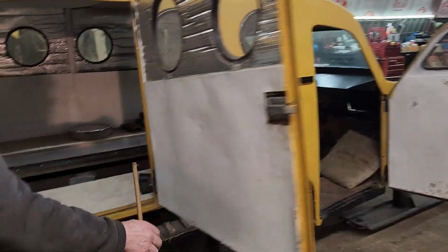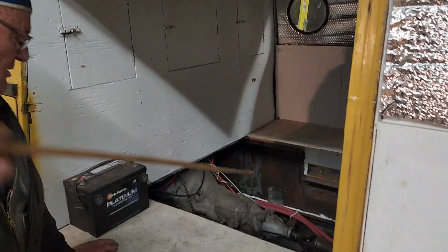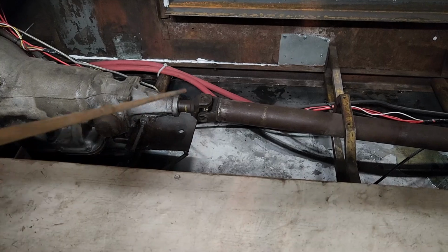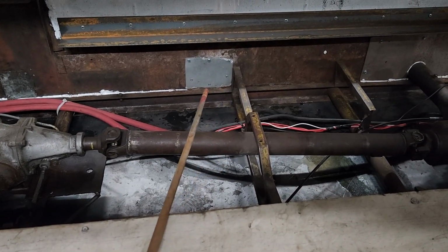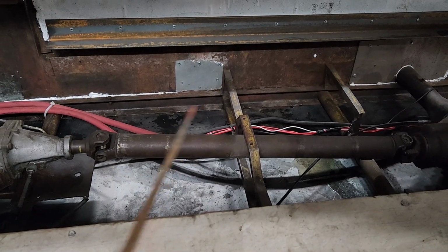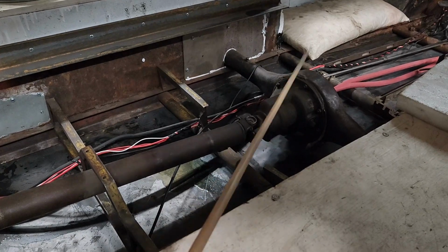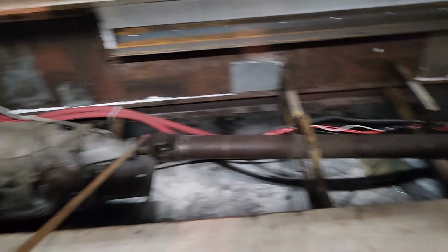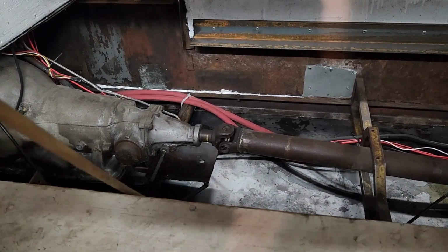Dad is going solid every single day. He's out here every day doing what he's doing. And I probably won't get the rotor made until after Christmas. I don't want to put the rotor on here for a simple reason. I don't want to take that differential apart. So I'll put the rotor here, cut this off, these brackets,